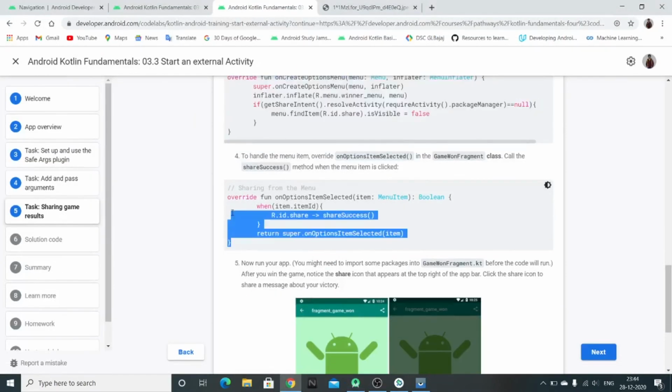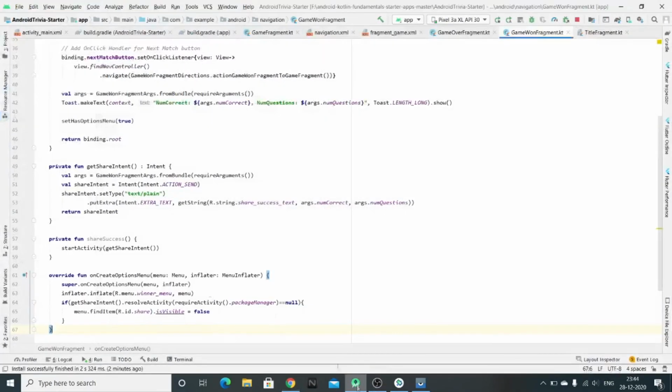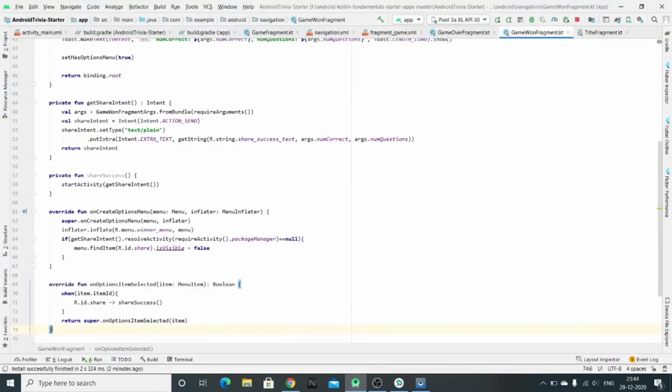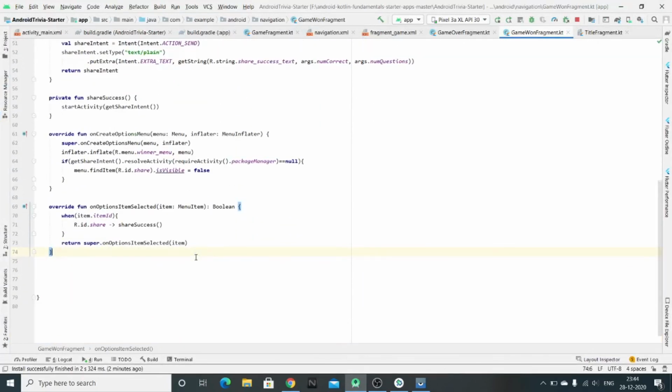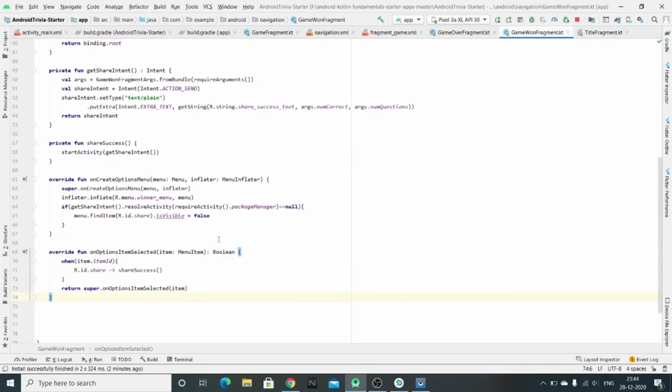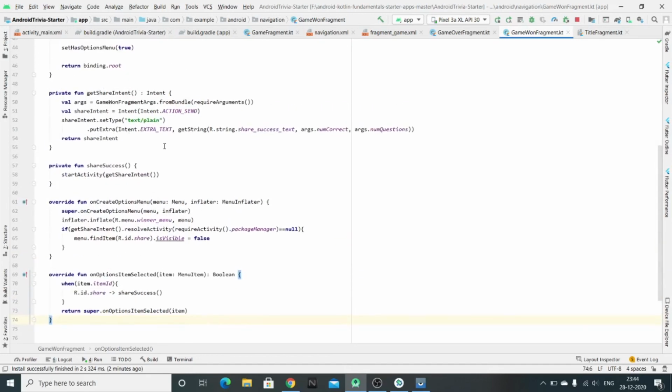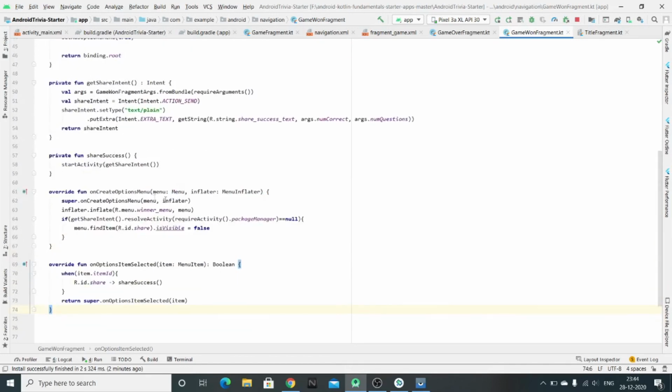And we need to override this function also. So here you can see that we are creating some sort of list by adding these functions or by overriding these functions. So the list will be of all the apps that will be displayed in the pop-up when you click on the share button. So these were all just for that.